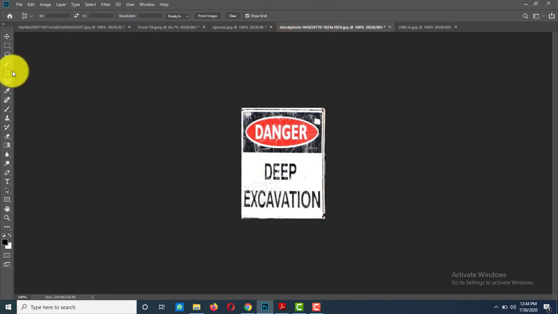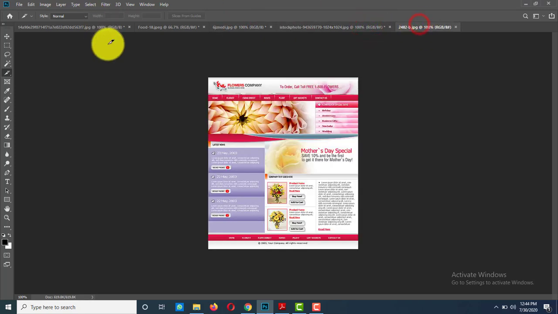The next tool is the slice tool. These slice tools are used to cut images into slices, which are used to export to a web page. Using the slice tool, you can cut the image into pieces. For example, I am selecting this header, and next, click and drag to select the navigation bar, and the last one is to click and select the footer of the image. If you want, you can select this part also.